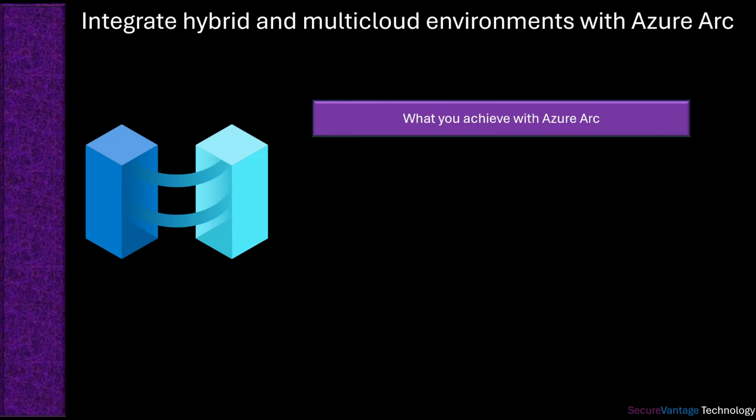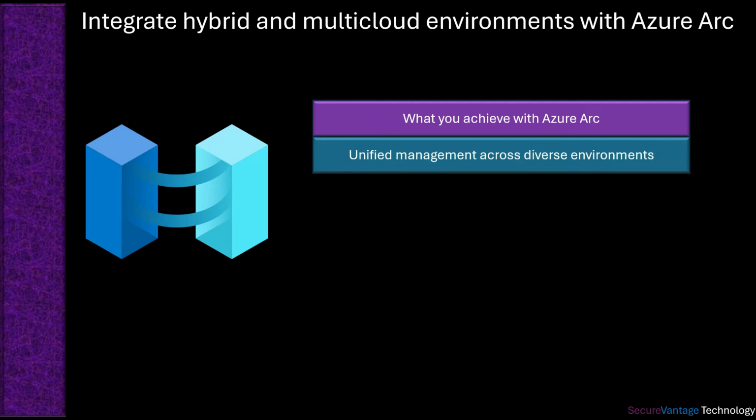What can you achieve with Azure Arc? You can achieve unified management across diverse environments. Companies today face the challenge of managing complex environments spread across data centers, multiple clouds, and edge locations. Each of these environments often has its own management tools, which makes it difficult to have a unified view and control over everything. Azure Arc steps in to simplify this by offering a centralized platform that allows you to manage